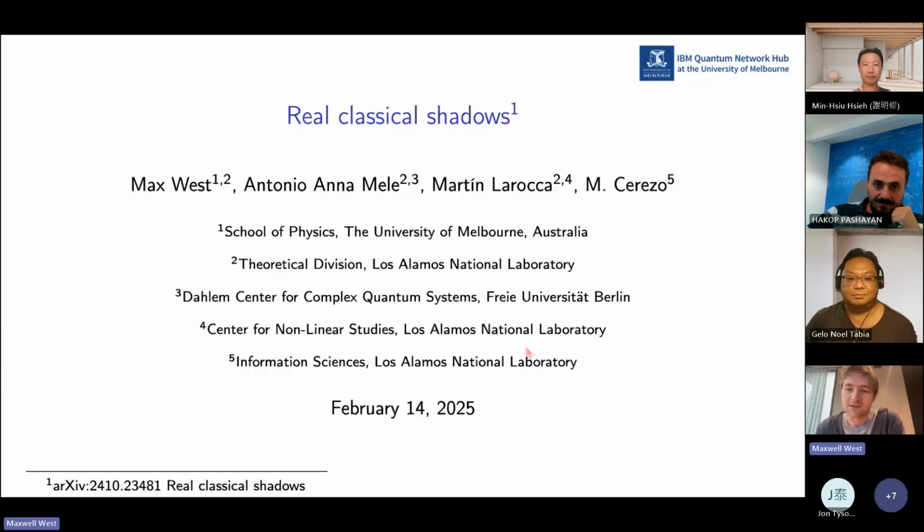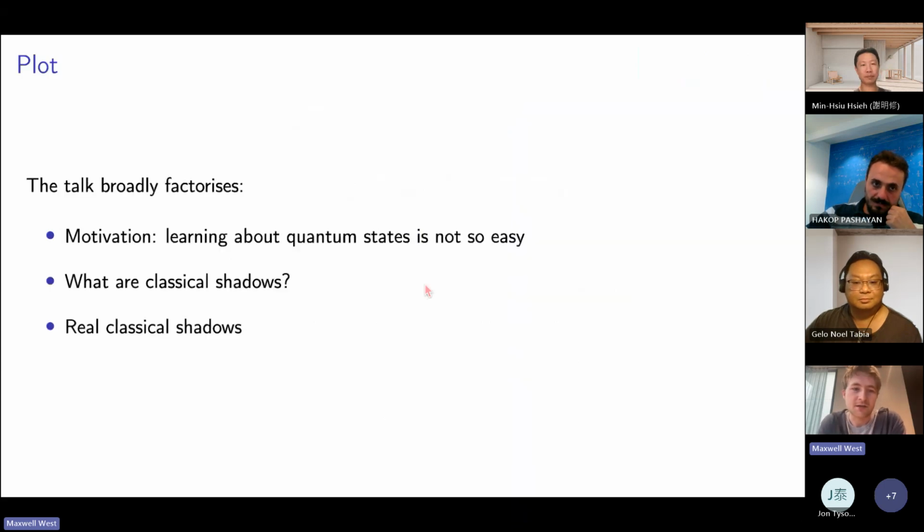And I might also just quickly say, this work came out of the quantum computing summer school that Los Alamos does every year. So if there are any students, I would definitely recommend you apply for that. Although I don't know, maybe the deadline has passed for this year, but I think it's every year. It's really cool.